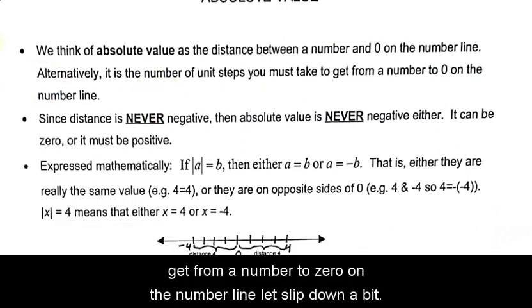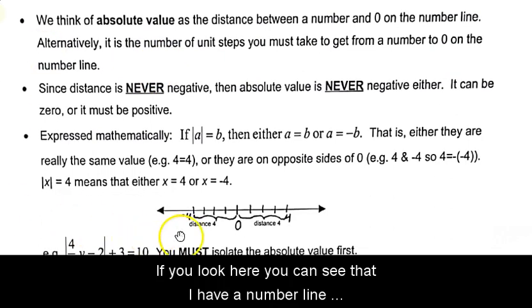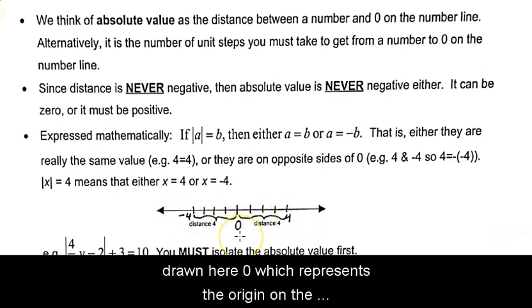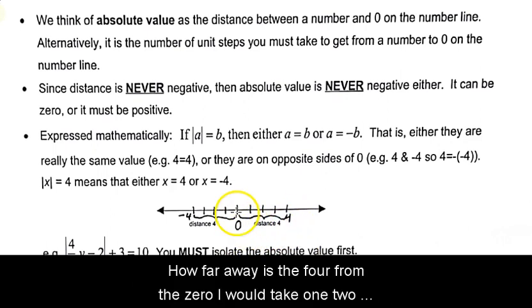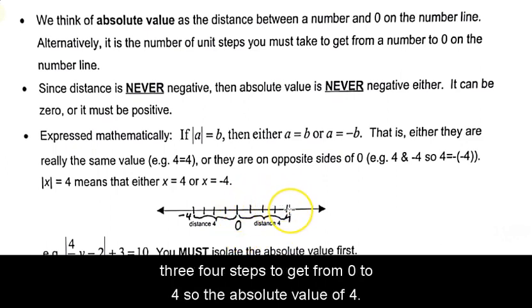Let's look down a bit. If you look here, you can see that I have a number line drawn. Here's 0, which represents the origin on the number line, and here's a number, 4. How far away is the 4 from the 0? I would take 1, 2, 3, 4 steps to get from 0 to 4, so the absolute value of 4